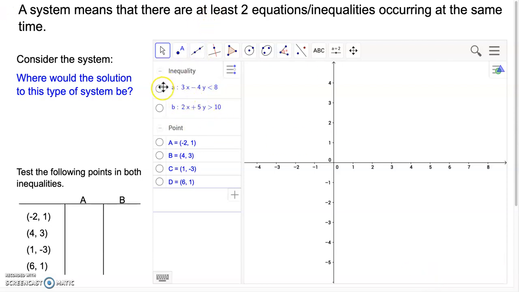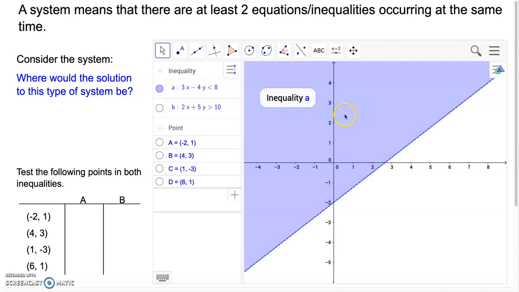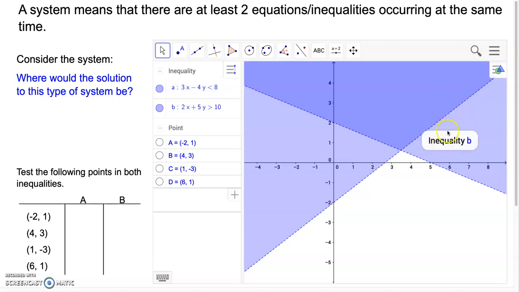We have inequality A and inequality B. Where would the solution to this type of system be? Well, remember, we have shaded regions that make the inequalities true by themselves. So if I graph inequality A, this shaded region here is where my solutions for inequality A are. And then I have inequality B. If I were to graph that one, I have solutions here in that shaded region that are true for inequality